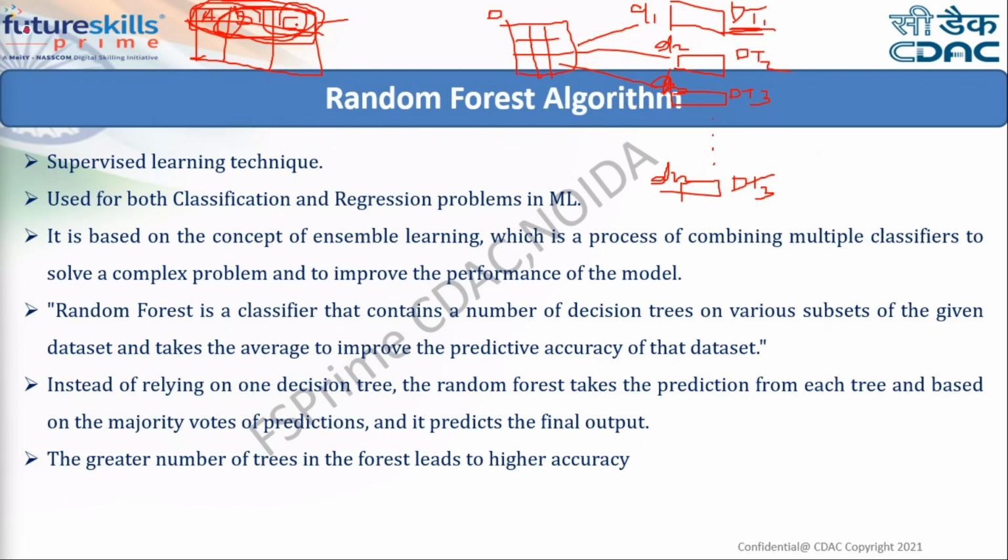Once this is done, our model is trained. Now we will have a new data set, a test data set, which we give to every model, and we ask it to predict the output. Let's suppose one is saying yes, another is also saying yes, another is also saying yes, and one is saying no. So I take the aggregate, the maximum vote, and give that as the output: yes.